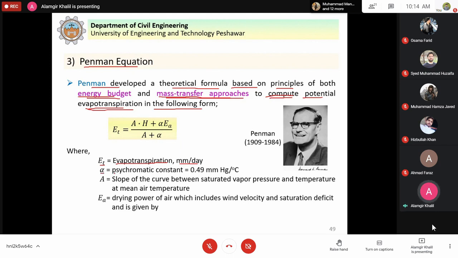We have this alpha, the psychrometric constant, its value is known to us, 0.49 millimeter mercury per degree centigrade or Celsius. A in this equation is the slope of the curve between the saturated vapor pressure and temperature at mean air temperature. EA is the drying power of air, which includes wind velocity and saturation deficit. Saturation deficit is the difference between the saturation vapor pressure and actual vapor pressure, and is given by this equation. EA is equal to